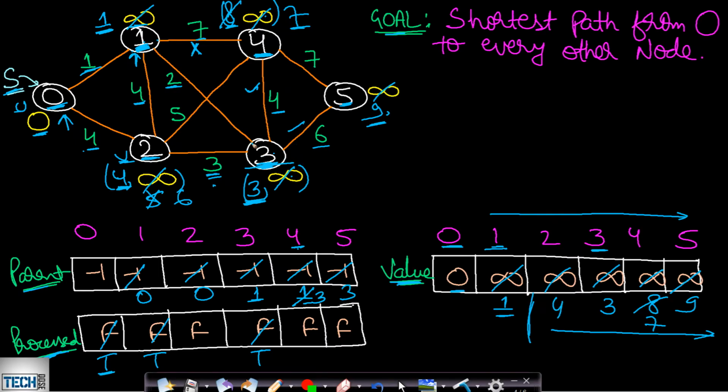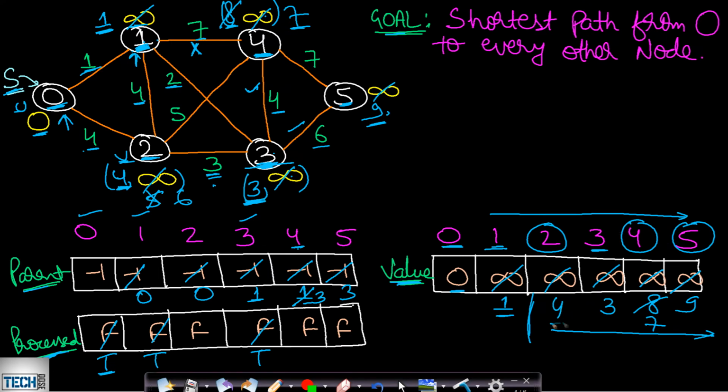Okay. Now all the outgoing edges from this node have been processed. So this node is now fully processed. So 0, 1 and 3 are fully processed. Now we are left with 2, 4 and 5. So now we will again move to the first step. We will pick the minimum value among the leftover nodes.